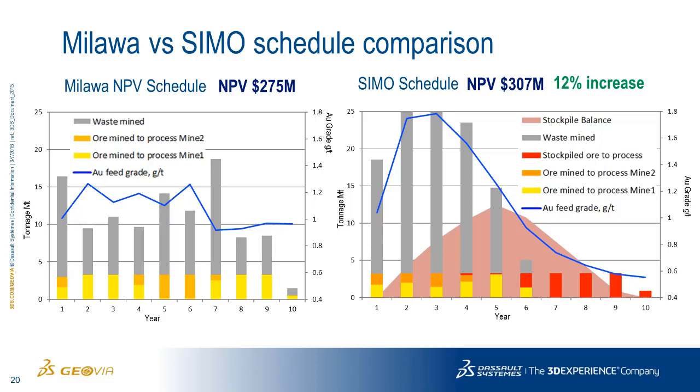Obviously, there's no set amount. Generally, a good correlation is the variability of the deposit. If you have a very homogeneous deposit, then optimizing the mining sequence, cutoff grade and stockpiling considerations don't really come into play too much, because whether I dig here or dig there, the material is basically the same. So when I process it in year 1 or year 5, once again, it doesn't matter. It's not going to make a huge difference. Whereas if I have high grade variability and material variability, then the optimizer has flexibility and can improve the timing of when that material goes through the system.